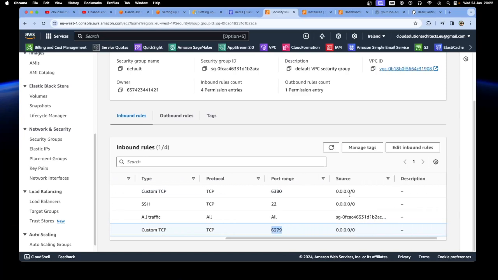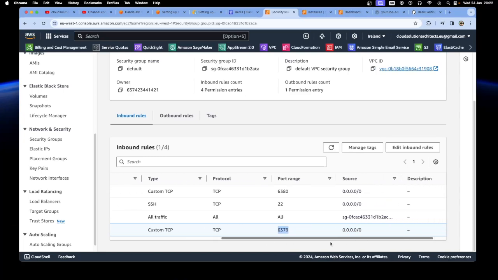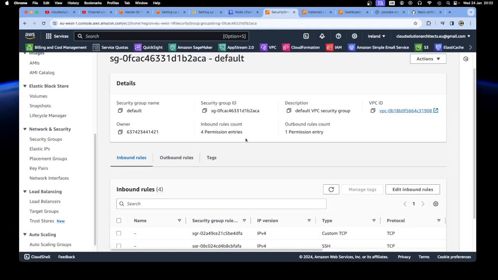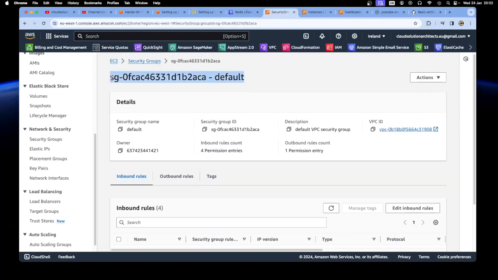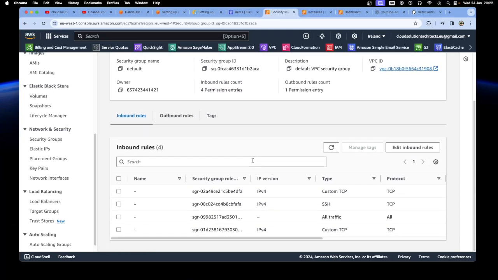Now here, the source, I'm allowing all IPs to connect over into my Redis. You again wouldn't be doing that, but it's just for quick demonstration purposes, literally for the video. So you can see, in the end, I had four inbound rules for my security group. So I had to update my security group in the default again. Ideally, you'd want to create your own security group with your own users, assign those permissions, and then allow that security group only to access your